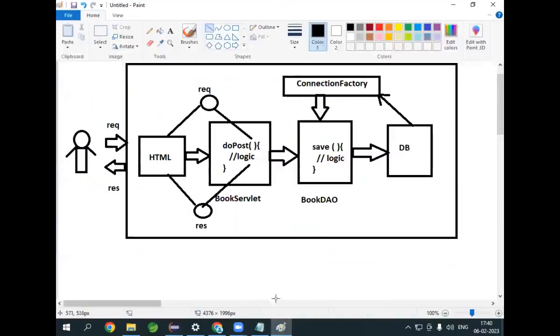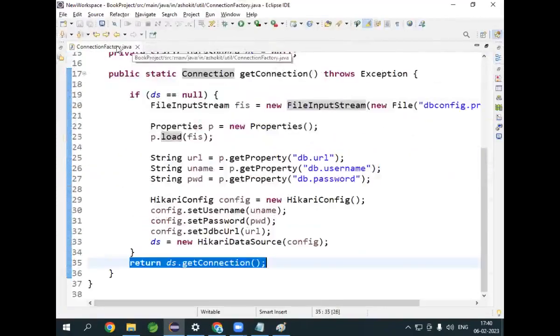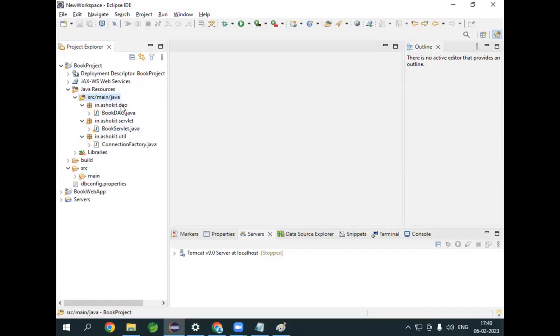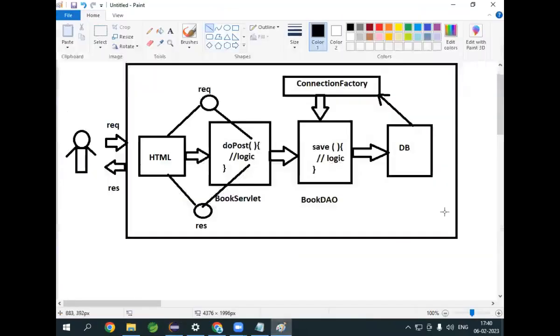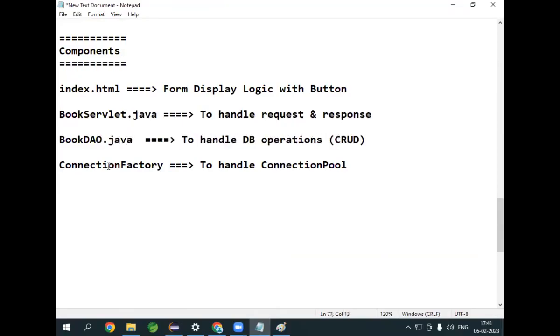Anybody not able to understand this coding, guys? Anybody not able to understand the coding that we have done today? How many classes I have created? How many Java classes I have created? 3 Java classes I have created. How many Java classes I have created? First one is bookservlet.java and bookdao.java and